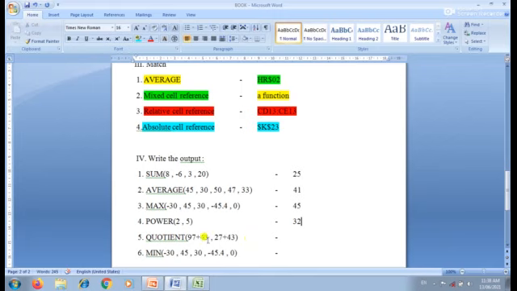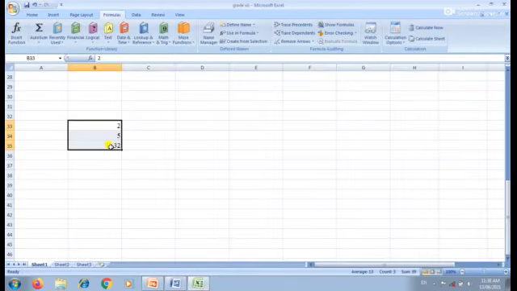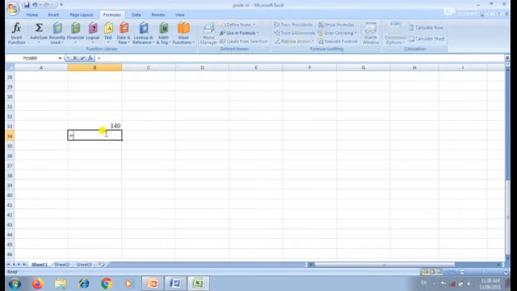The answer is 32. Next, quotient. How can we find out the quotient? First, you have to add these two numbers, 97 plus 43, then 27 plus 43. After that, we can find out the quotient value. Let me see. First, we have to add. This value is equal to 97 plus 43.